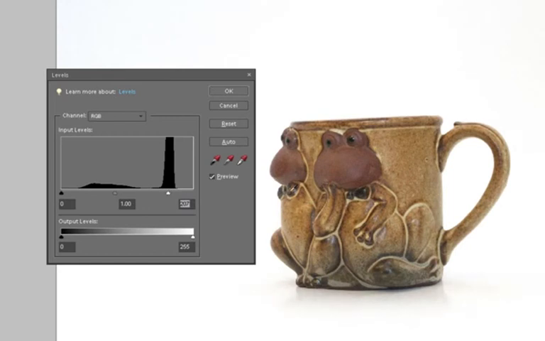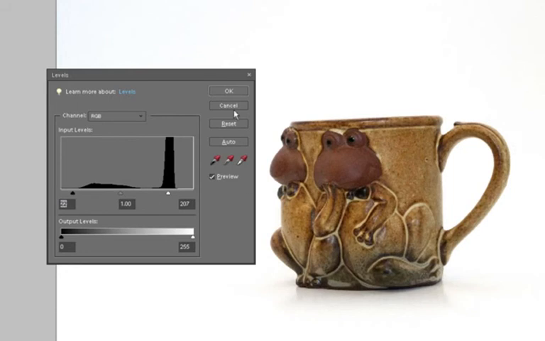Now, the frog mug itself, it looks okay, but we're actually losing some color. It's still looking a little bit flat to me, and that's because there aren't real defined blacks to this frog mug at this point, because I've lightened it up so much that we've started losing our blacks. So I want to come over here and pull my blacks over a little bit. Now watch the cup, and especially down in this area as I start sliding the blacks over. You see how we're starting to get some detail in the blacks now,